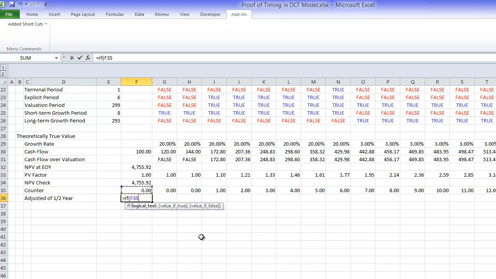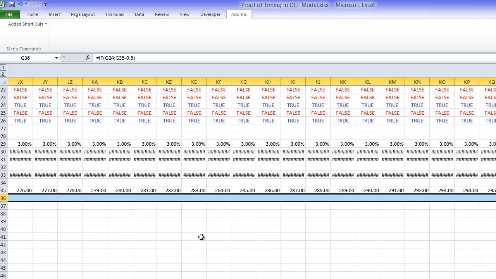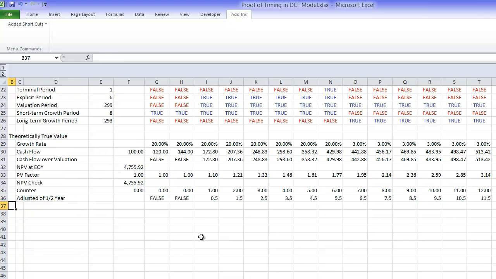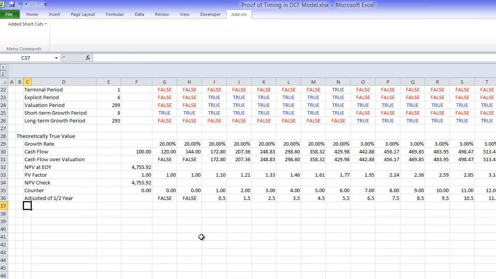But if it's the valuation period, then we'll take this one minus 0.5. Otherwise, we would do nothing. Okay, and this, of course, only works if we have a constant weighted average cost of capital. We'll adjust this whole thing for changing cost of capital a little bit later, and then